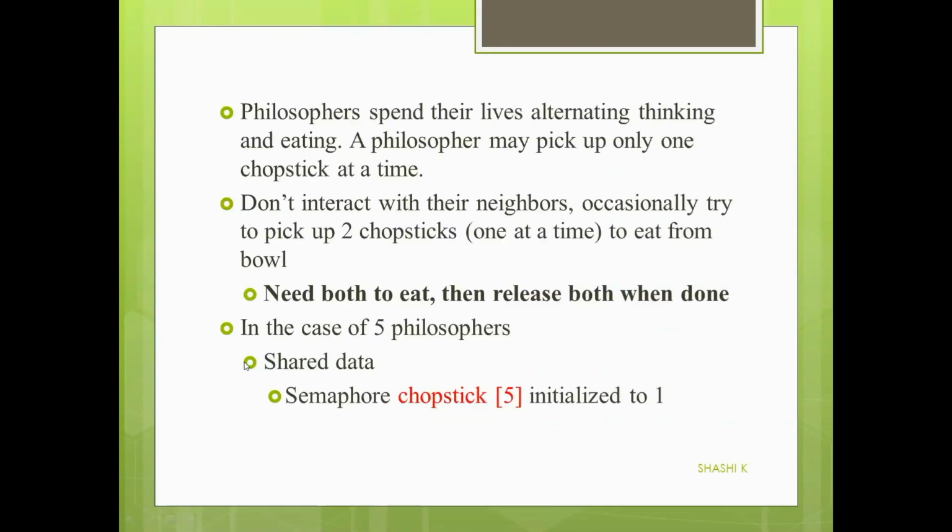So this is the concept of the dining philosophers problem, which I told you now. For chopsticks, we have 5 chopsticks kept in the middle of every philosopher. The chopstick is implemented as a semaphore, and all the chopsticks are initially initialized to 1, which means if the value of the chopstick is 1, the chopstick is free. And if the value of the chopstick is 0, it means the chopstick is being taken over by some philosopher.